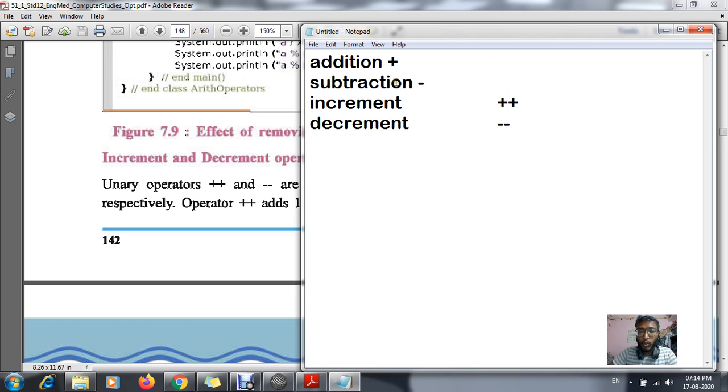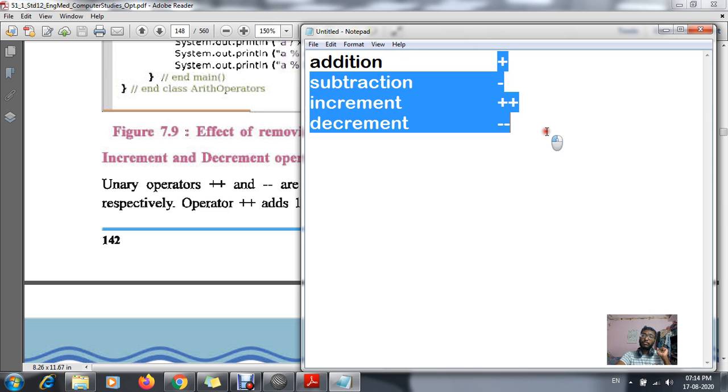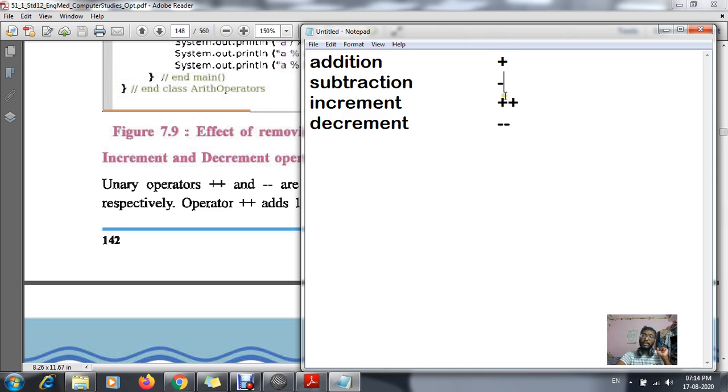So don't get confused in your exam, because they might ask: which one is an increment operator, and give you 4 options: plus, minus, plus plus, minus minus. So which one is the increment operator? Plus plus is the increment operator, and decrement means minus minus.